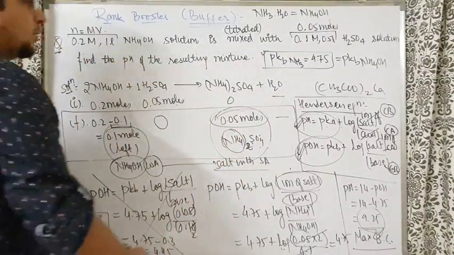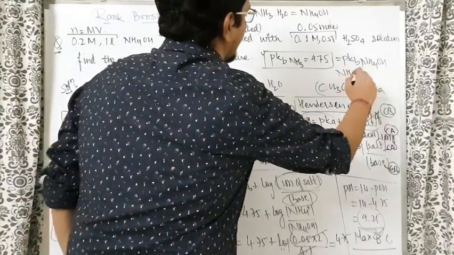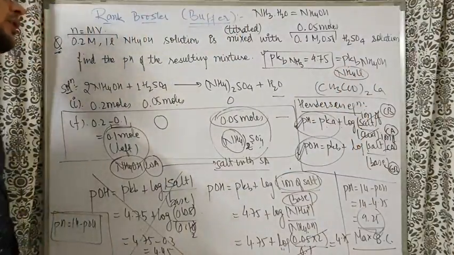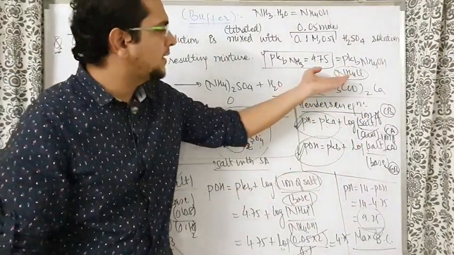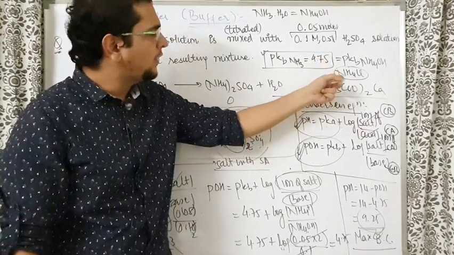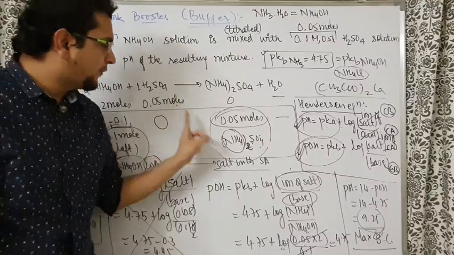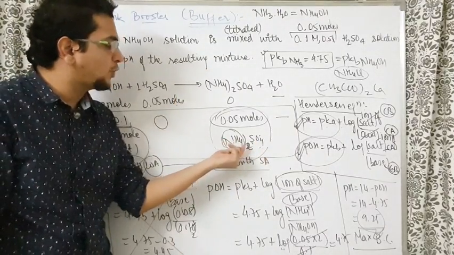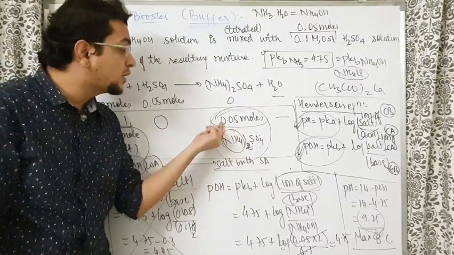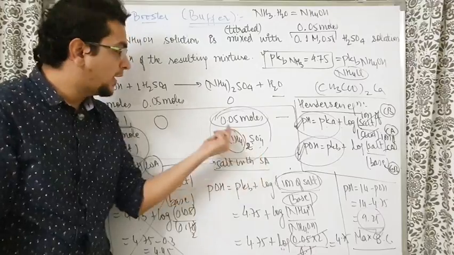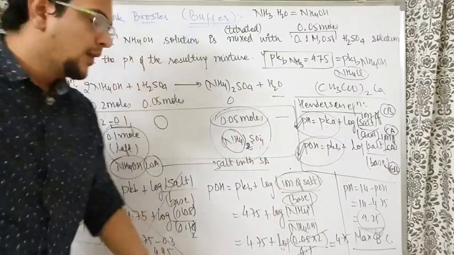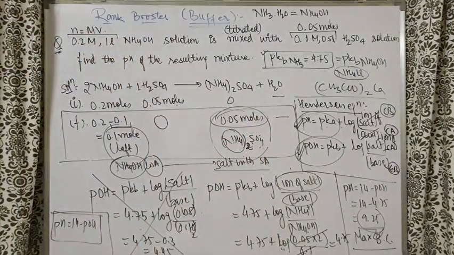Sir, if they give a simple question like NH4Cl, then can we take the concentration of the salt? 100% you can take, because in this case, if you have one salt, you have one ammonium, if you have two salt, you have two NH4+. Here, if you have one ammonium sulfate, you have two NH4+. So if you have 0.05 mole of ammonium sulfate, you will have 0.1 mole of ammonium. So this is what can come in this specific topic.